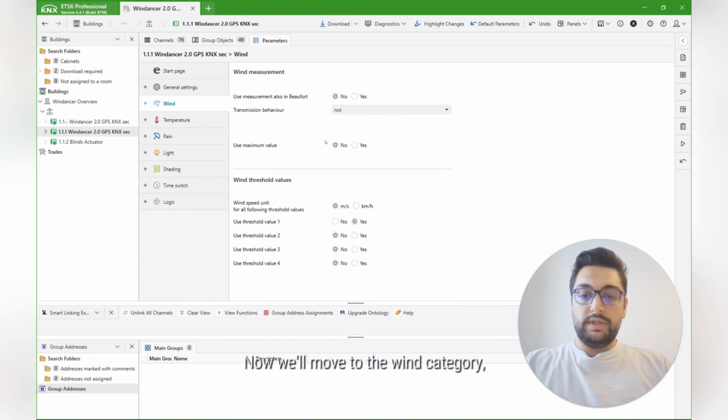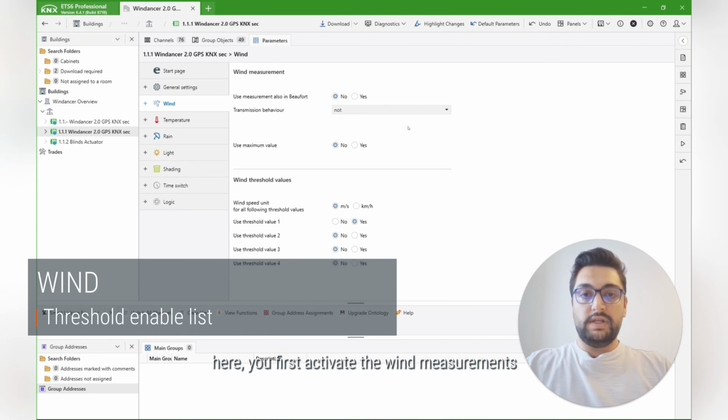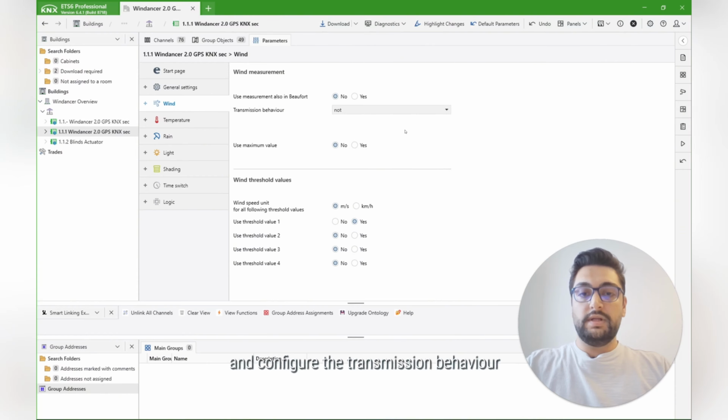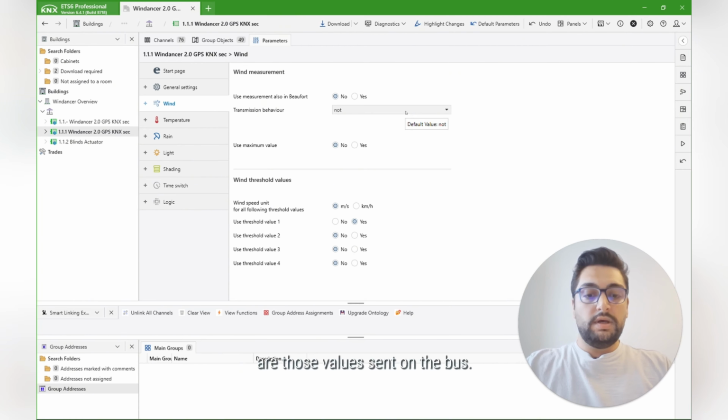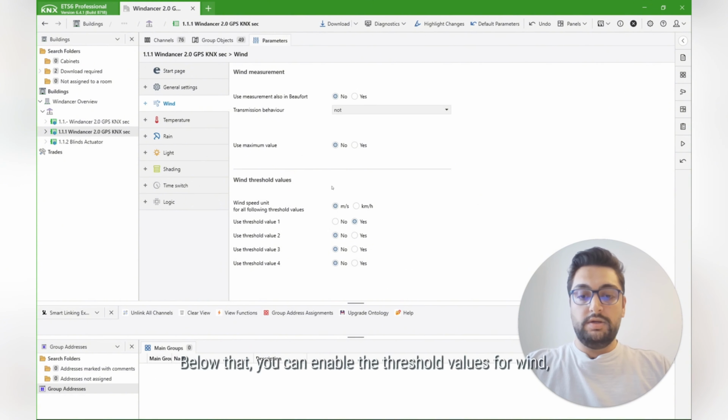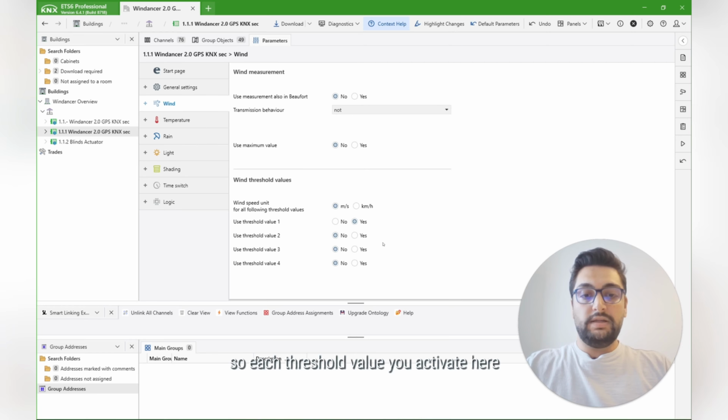Now we'll move to the wind category. Here you first activate the wind measurements and configure the transmission behavior. So how often and under what conditions are those values sent on the bus? Below that, you can enable the threshold values for wind. Each threshold value you activate here will generate its own group objects and parameter page, where you can define